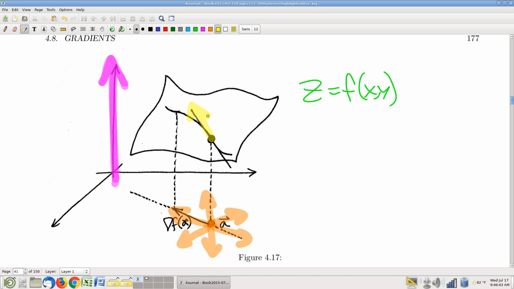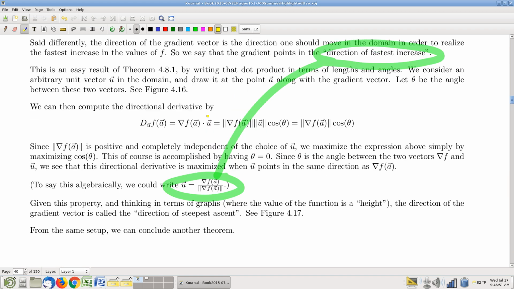Steepness says how fast the height is increasing as you move in the projection, in the domain there, right? So another alternative terminology, instead of direction of fastest increase, sometimes people say direction of steepest ascent. Again, this is fine. You're probably going to hear this terminology, direction of steepest ascent, probably even more than direction of fastest increase. But